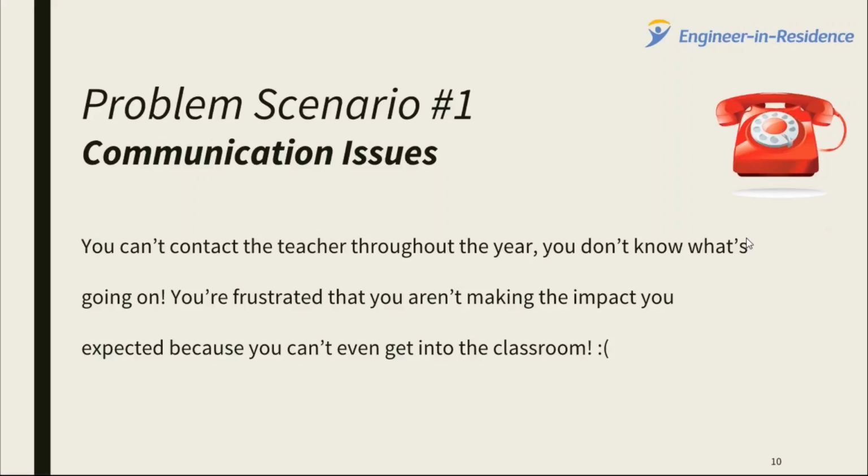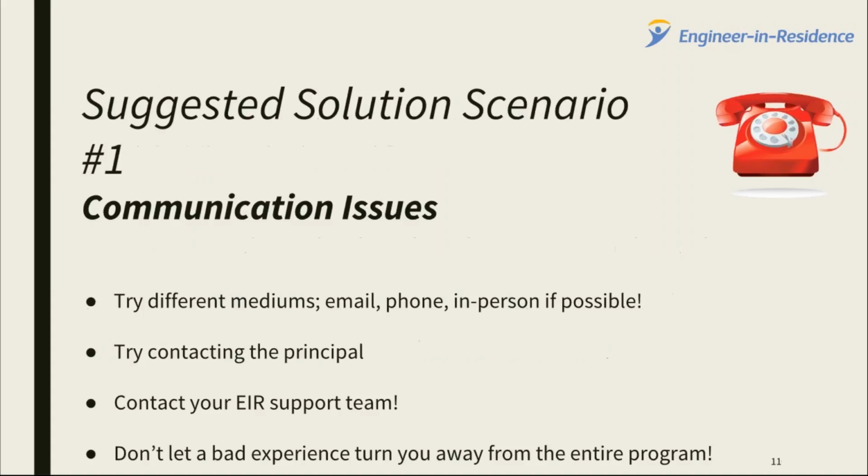There are often more people involved. Very true. In order to avoid this problem, I would have the email address from the very beginning. That is accurate. We provide all email addresses as of day 1. So these are some great responses. Thank you, everyone. So our suggested solution for this scenario is...